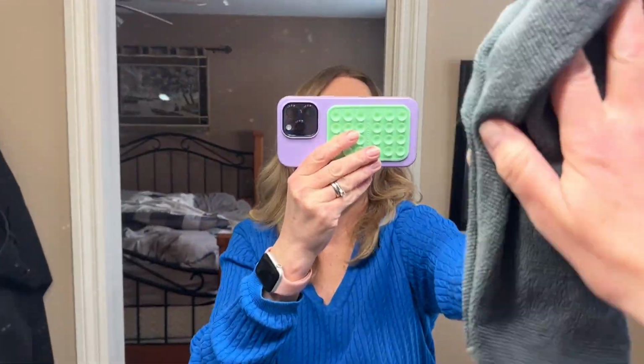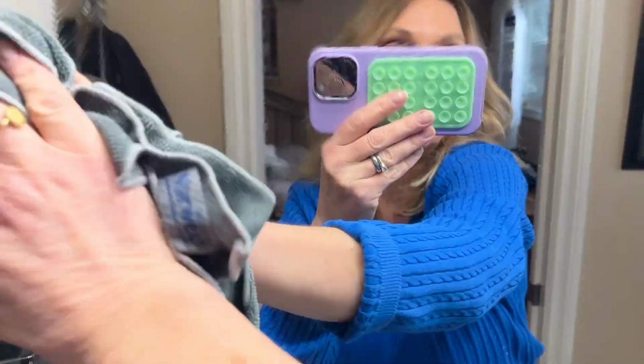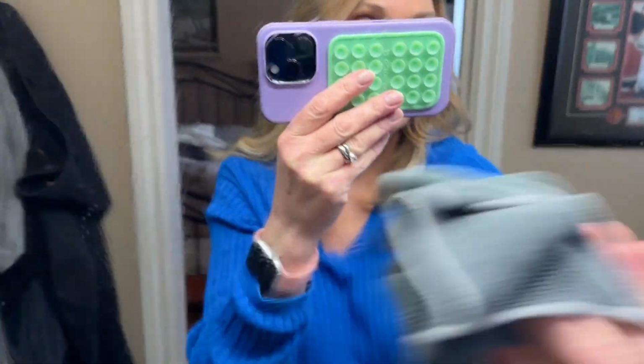So let's go look. Okay, so we need to clean a mirror. This is a nice big mirror that we've got here. The first thing I'm going to do is I have taken this Norwex cloth. This is the Enviro cloth. I just dampened it. There's no products. You don't need to use anything on it, no Windex or anything like that. That's the beauty of these products. You just use water. So then I go over it like that and I clean it, and then I take